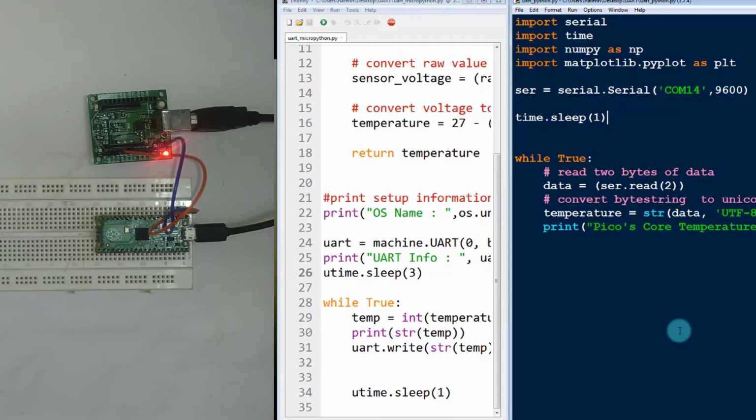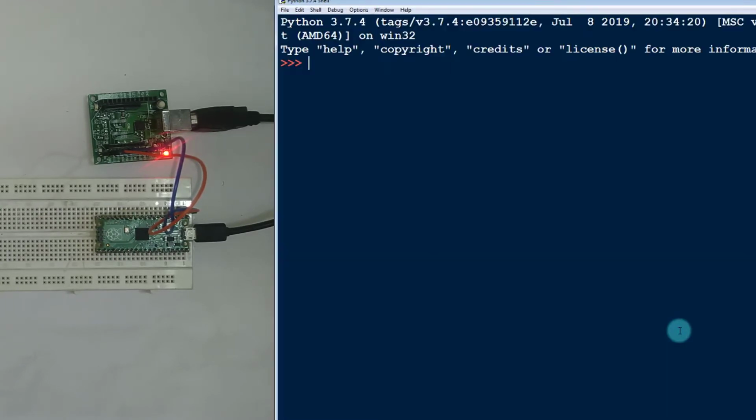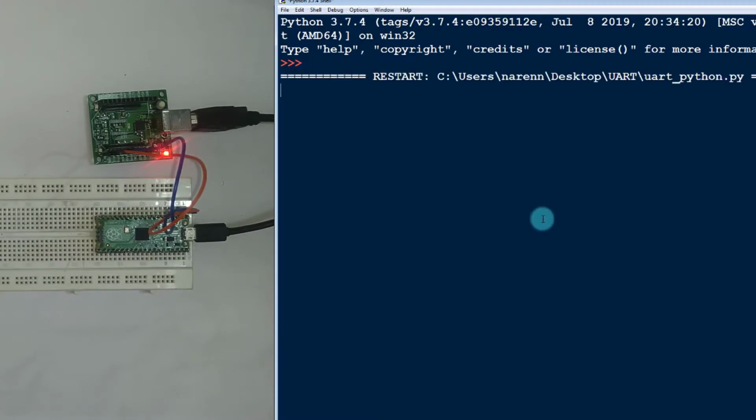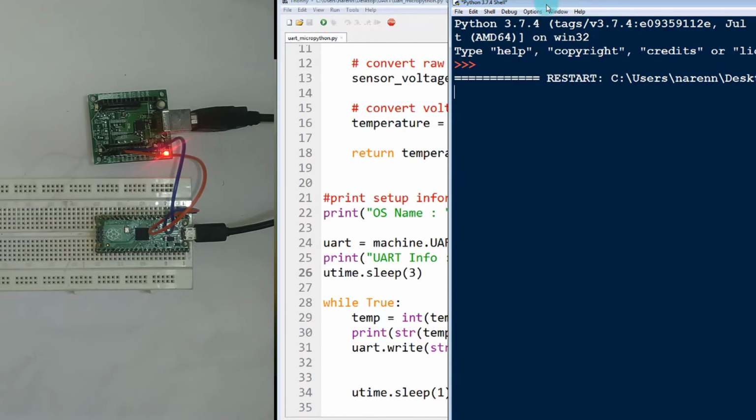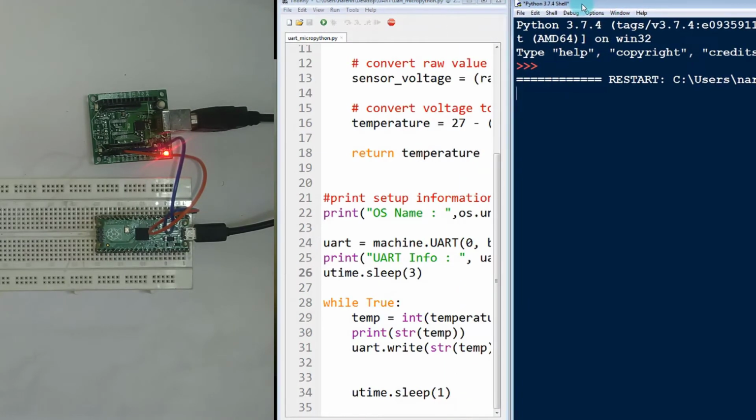So first let me run the Python program by hitting the F5 key. So now you can see the Python shell has started, and it is not printing anything because we have not sent any data from the MicroPython. So now let us run the MicroPython script.